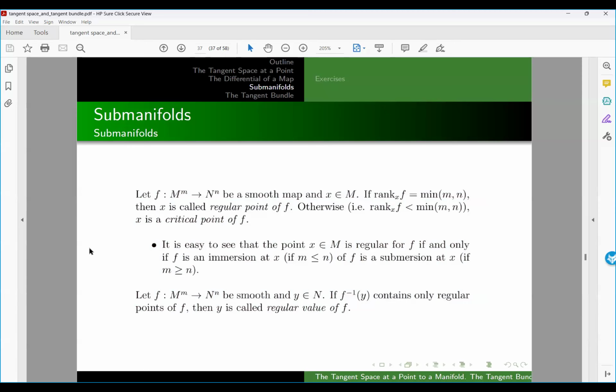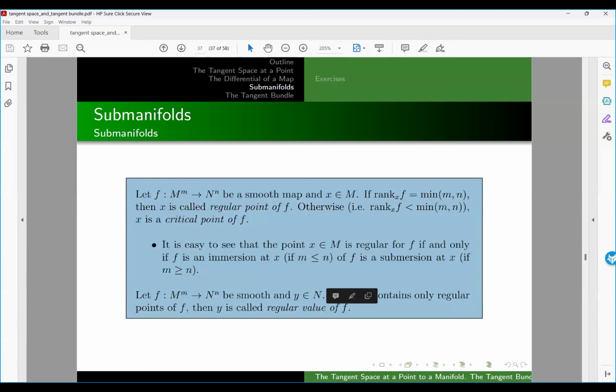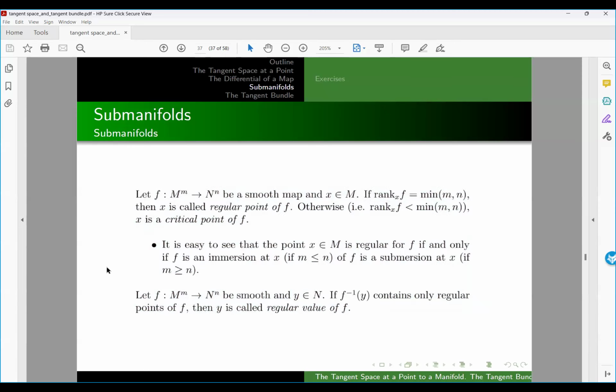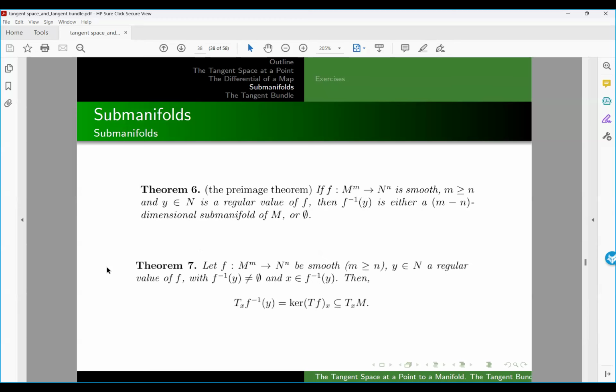Now, suppose that you take a value y on the codomain of the function, and you find the pre-image, F inverse of y. If this set contains only regular points, then y is called a regular value for the function. Otherwise, it's called a critical value. And now we have this very nice theorem that I call here the pre-image theorem, which gives us a way to show